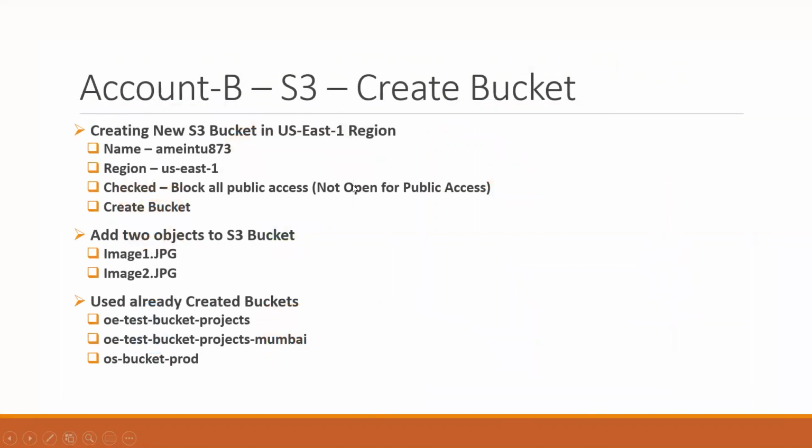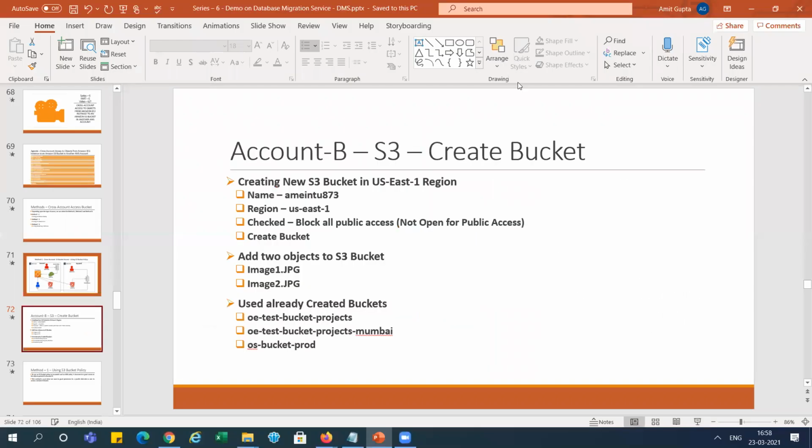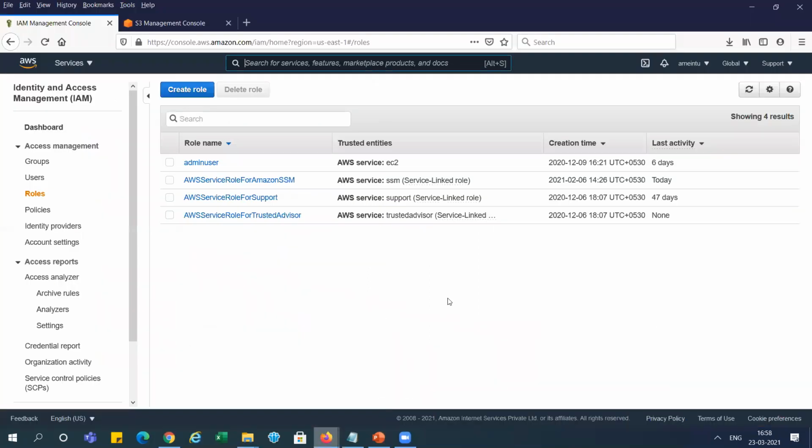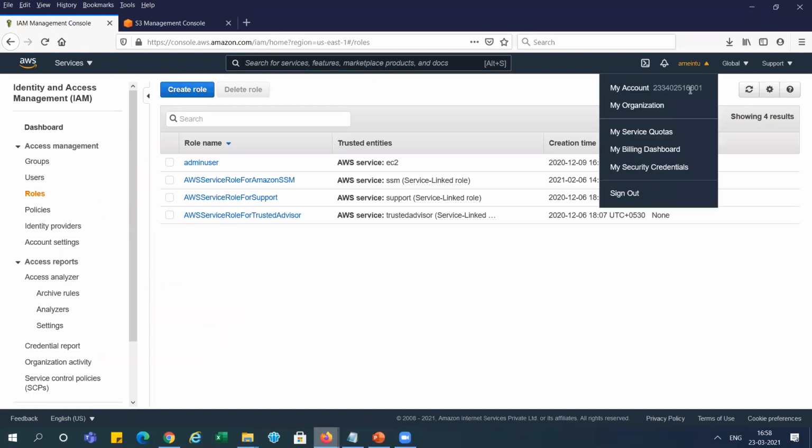So let's go and create this POC. First, we need to go to account B and create the S3 bucket. I will show you. We have two accounts. You can see this is my first account, and the first account starts with 6001, ending with 1.